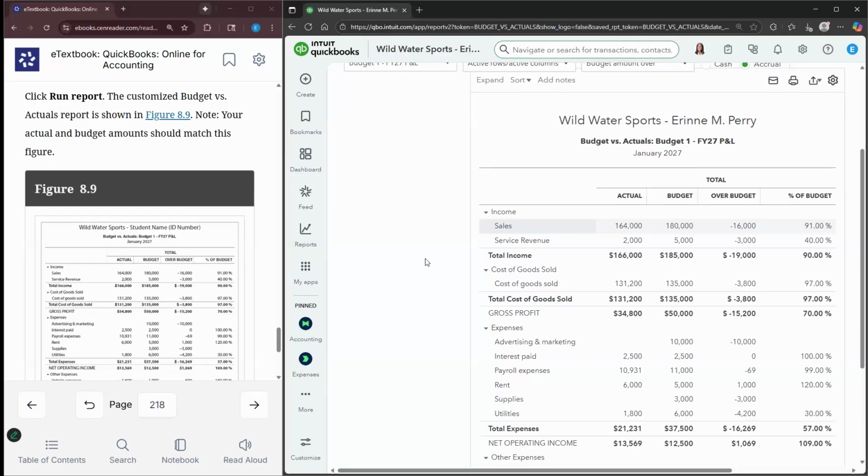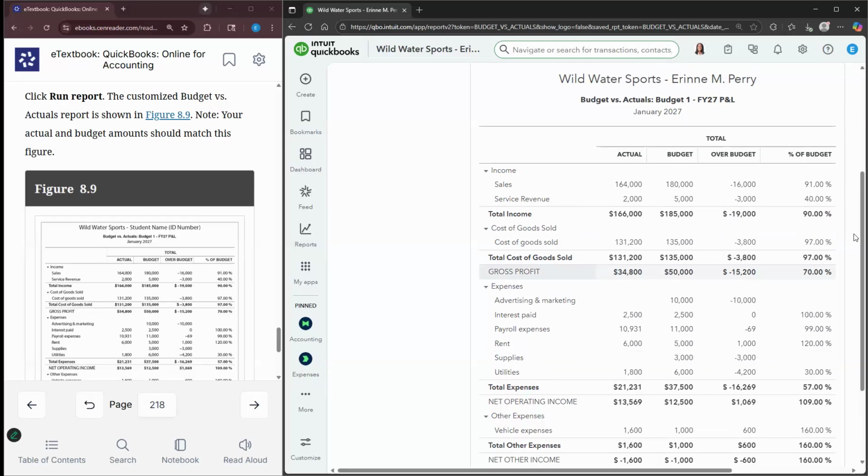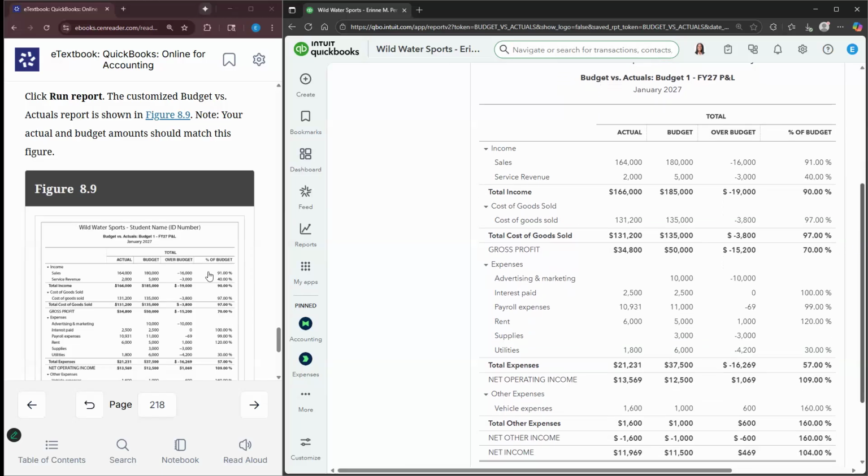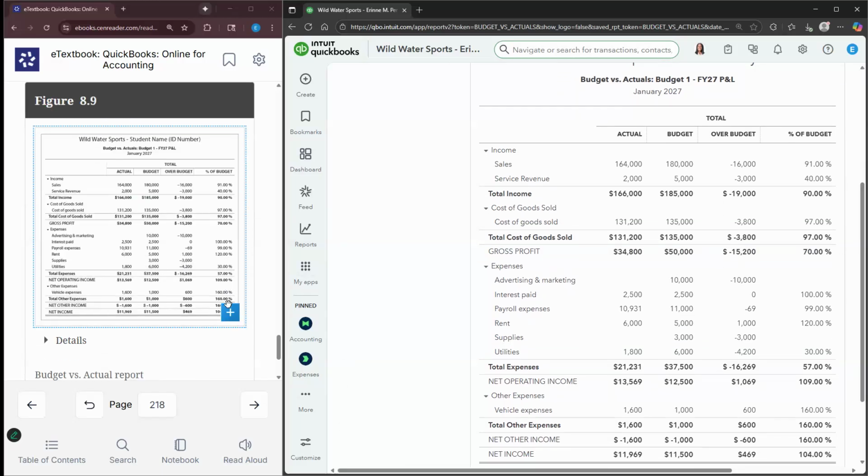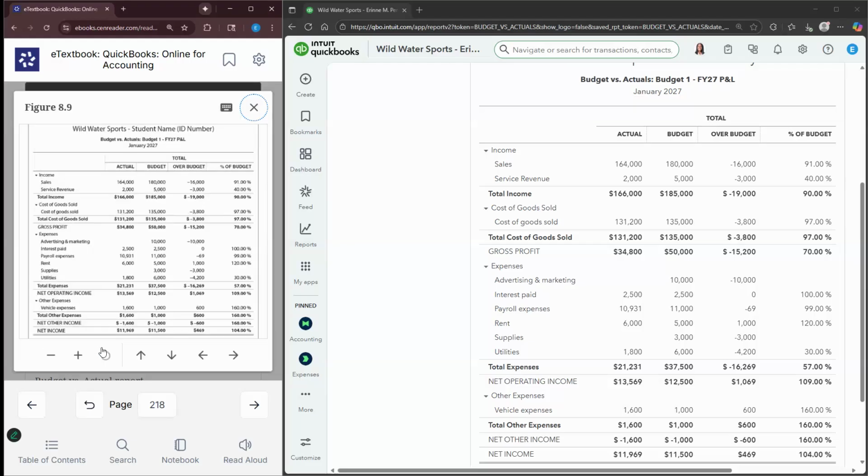So this is the power of having this budget. It essentially lets you know, again, if you are on track or if you are off track. So here we see, all right, we actually to date have net income of $11,969 and we budgeted $1,500. So that's good. We're $469 over, but we see that if we look a little further, there are some areas within our budget that we are not on track. So vehicle expenses we anticipate is going to be $1,000, but we see for the month of January, we actually